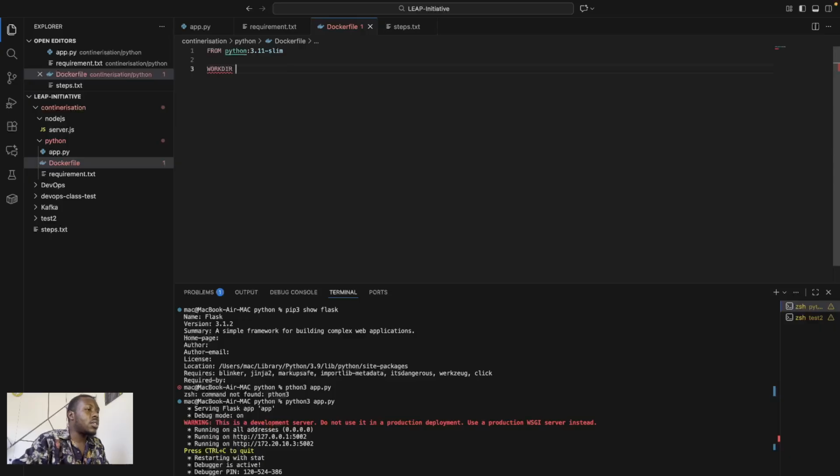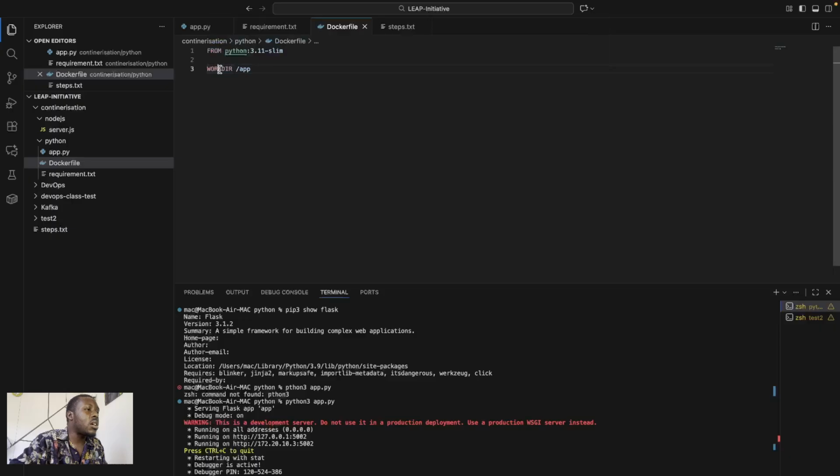So this command we do /app. So what is this command, right? Remember that while I was trying to run the Python app, I had to cd into the Python folder where the app.py exists. So this is like telling the container that upon startup, change into this. So we don't use the command cd.